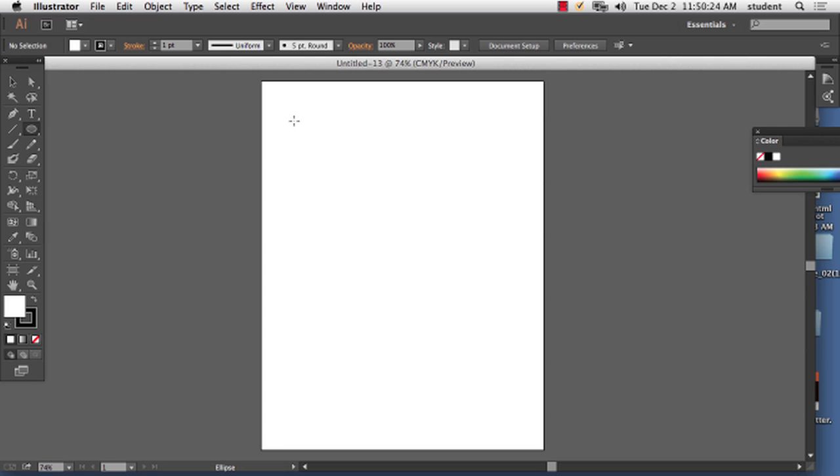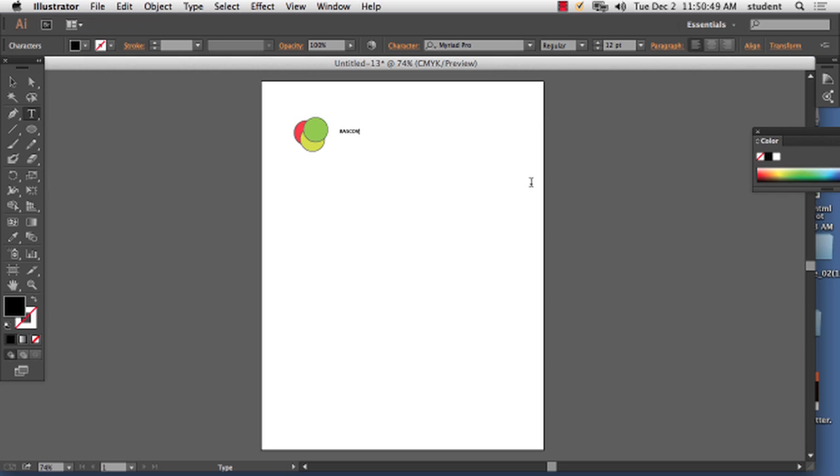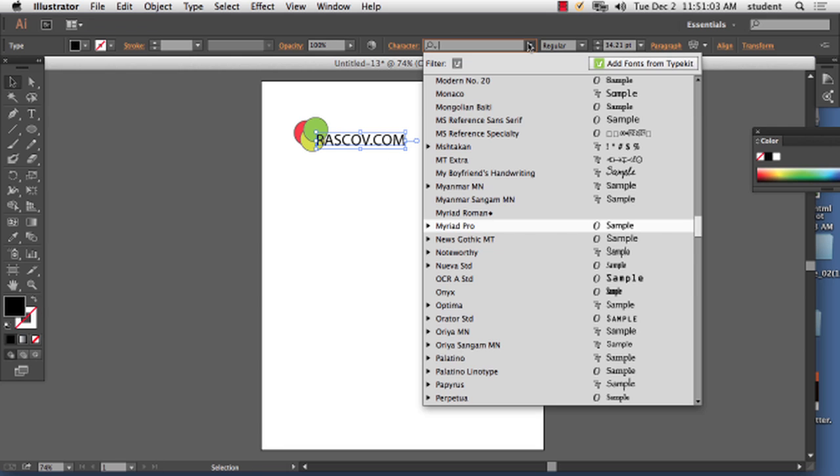We'll do the fabulous Raskoff logo here. So we'll do some circles. We'll put some text on there. Oops. There we go. Some fabulous text. If we use a crazy font,